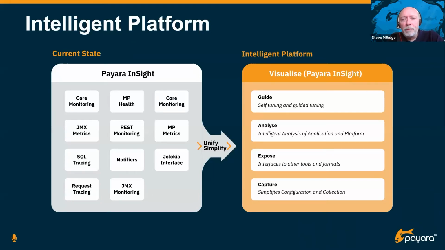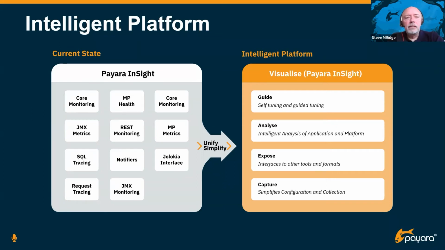So we're wrapping some of this up into what we're calling an intelligent platform. Jakarta EE, as I said, one of the key differentiators is that it separates application from runtime. And what we think we can do as a runtime is give you a lot of information and analytics. In the same way, when you run on a JVM, as opposed to compiling a piece of C code, you get a lot of capabilities from the JVM runtime that you wouldn't get if you had just a native application.